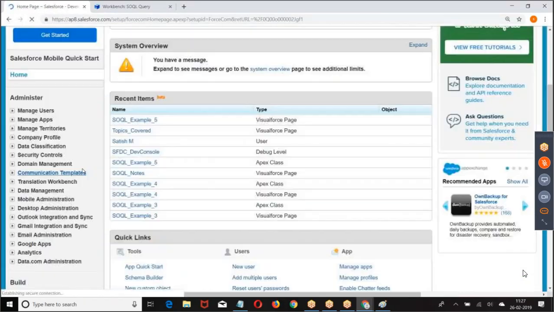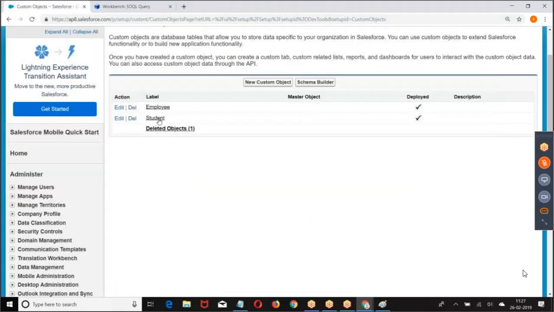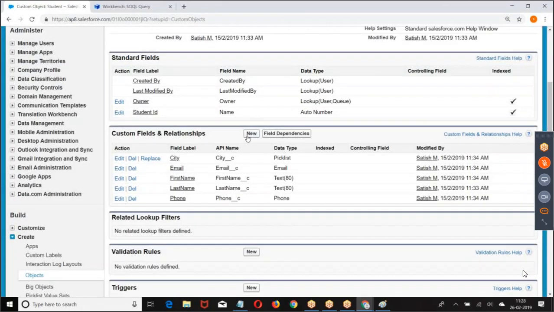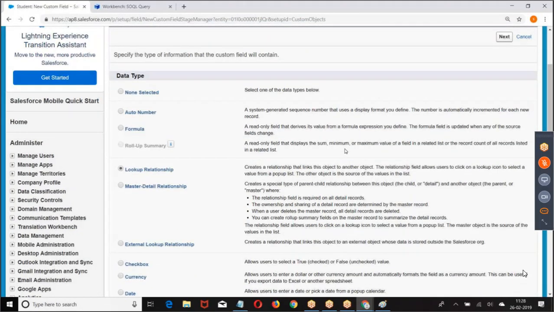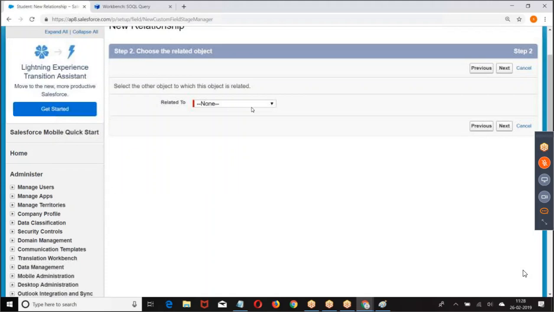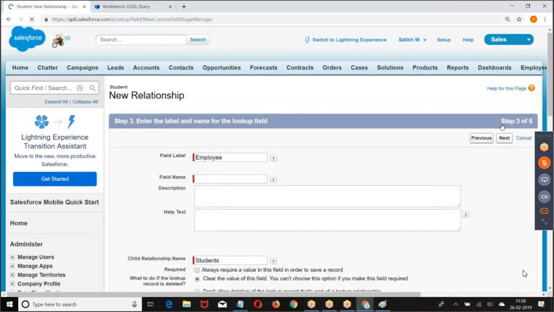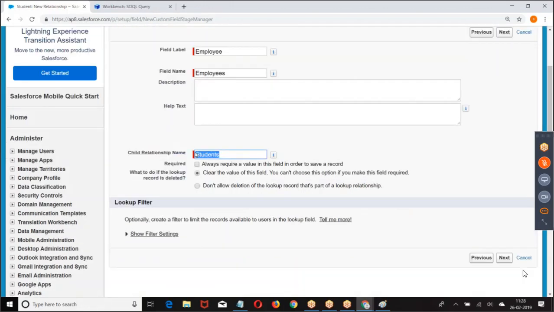If you remember, if you are trying to create a master detail or a lookup relation, student, new, lookup, look at this. We have a child relation name, right? Actually, this is what we are supposed to use.